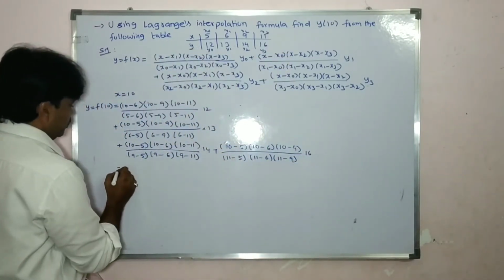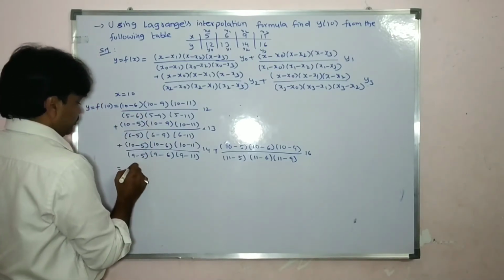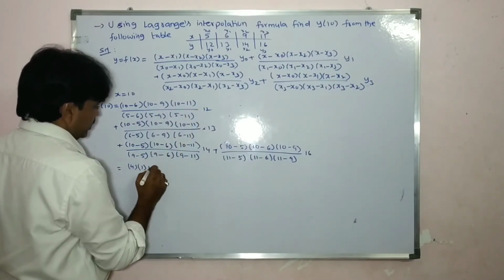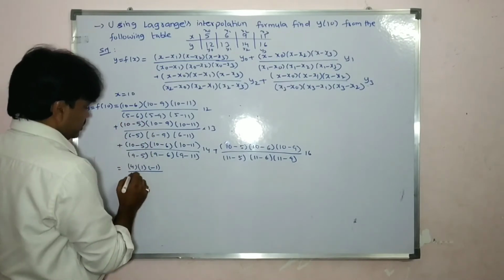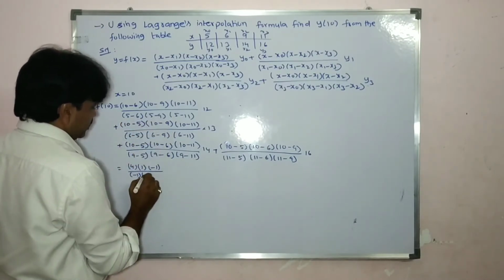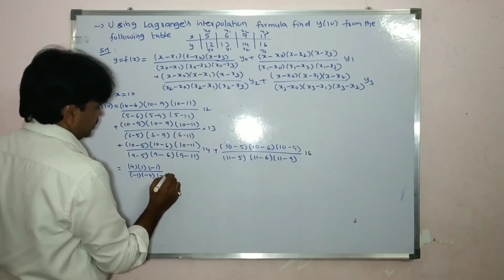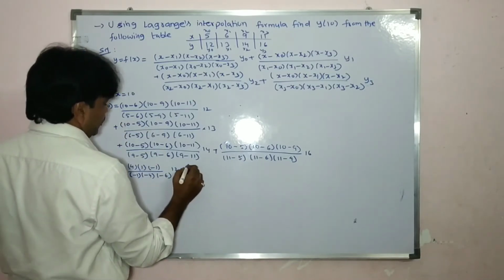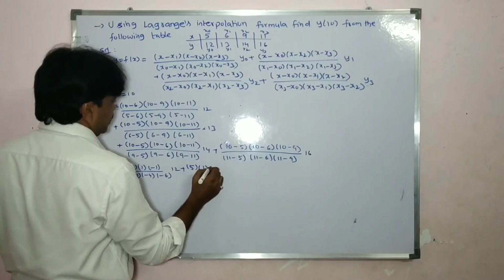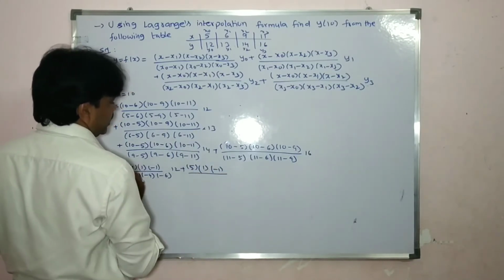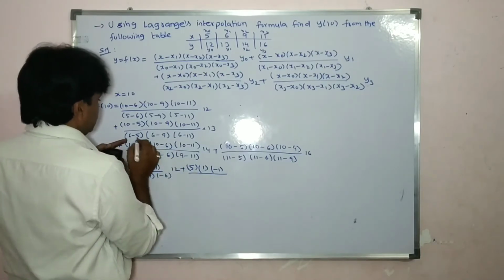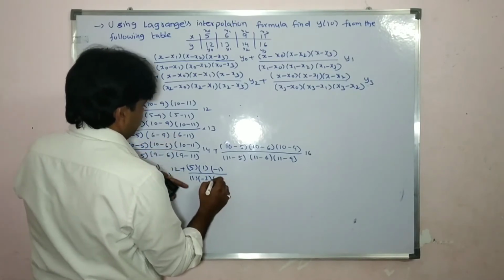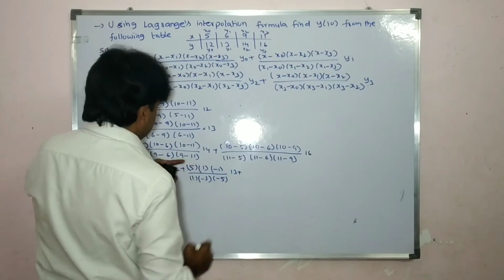So that is equal to (10 minus 6) is 4, into (10 minus 9) is 1, (10 minus 11) is minus 1, divided by (5 minus 6) is minus 1, (5 minus 9) is minus 4, (5 minus 11) is minus 6, into 12, plus the second term: (10 minus 5) is 5, 1, minus 1, divided by (6 minus 5) is 1, (6 minus 9) is minus 3, (6 minus 11) is minus 5, into 13, plus